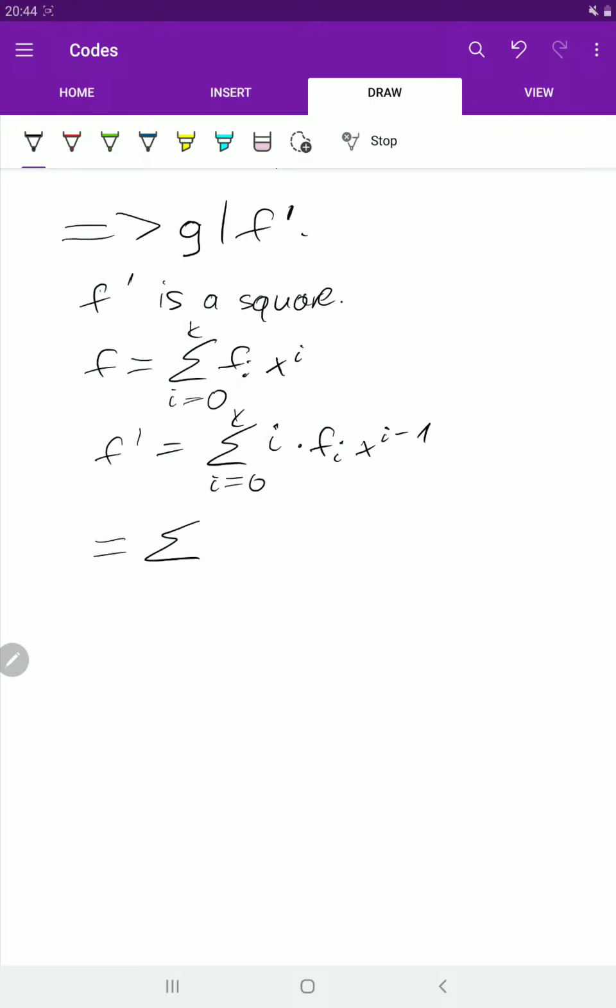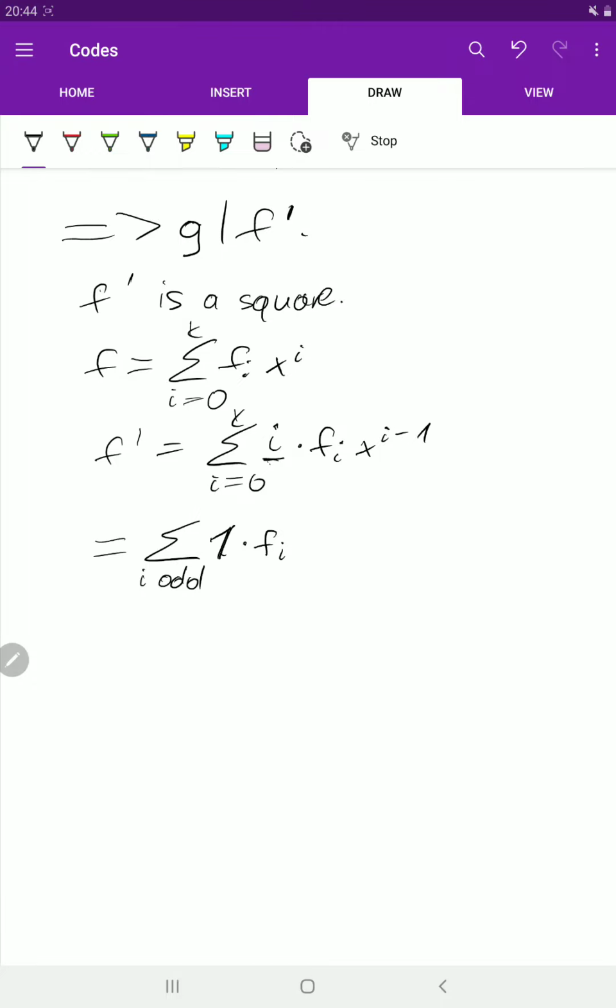Okay, and now we have the sum just over the i which are odd, because the even i's are 0 in characteristic 2, so we have i times f_i, or we can just say 1, because if it's odd it's 1 modulo 2, and so we get that x to the i minus 1 is even,